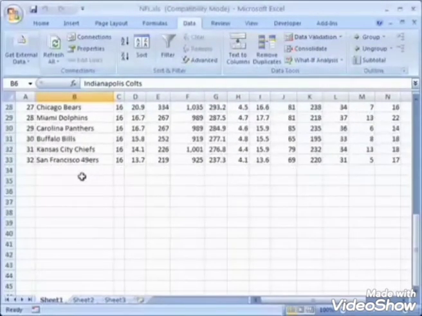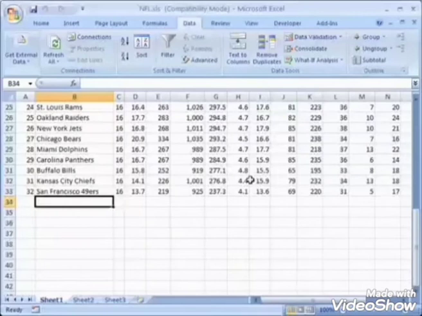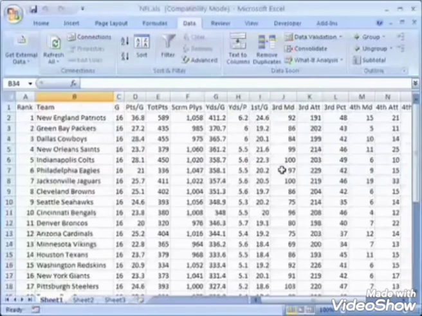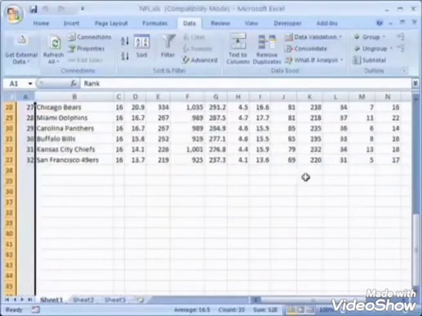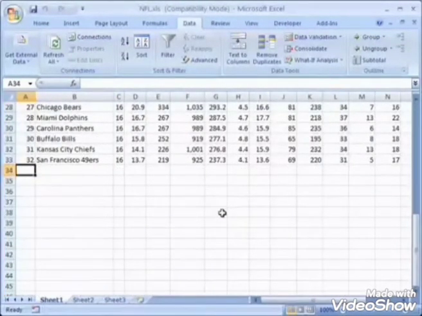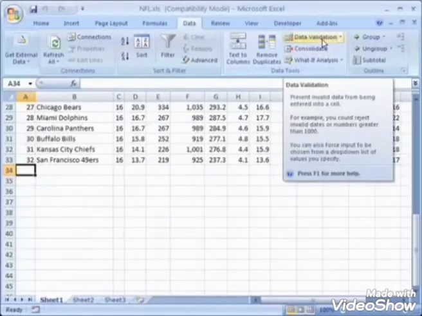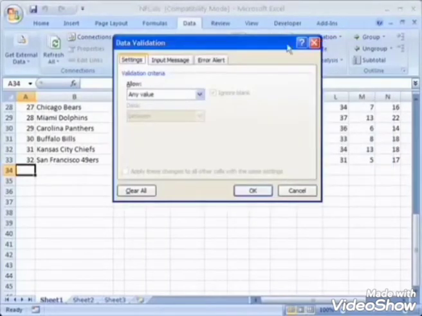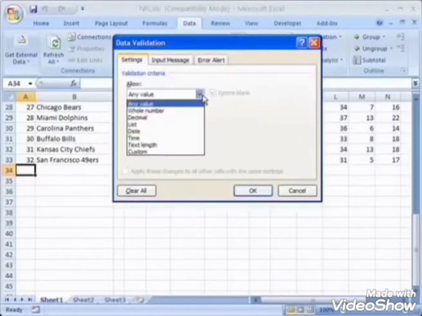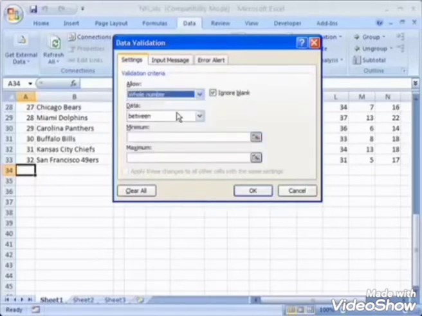Now see, here 31 and 32 numbers are there. I want to write 33 there. By mistake, when I enter another value, then see what happens. I will use the validation in that cell. I will click on data validation that is present in the Data tab. When you select the Data tab, then a dialog box will appear.